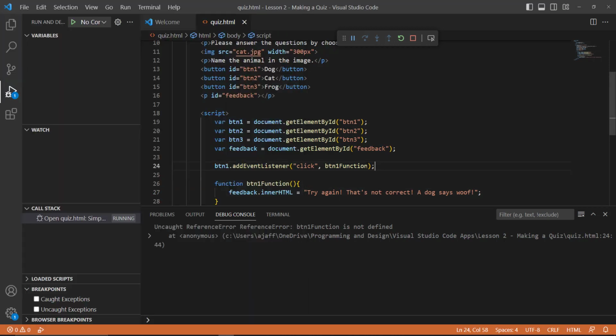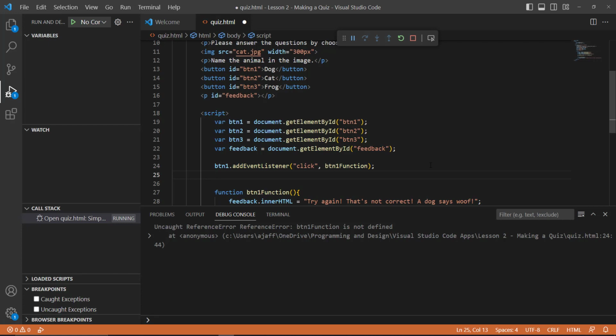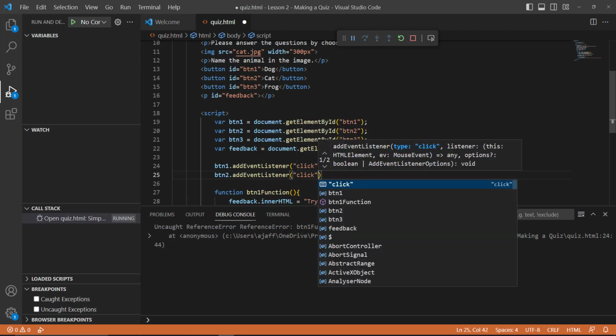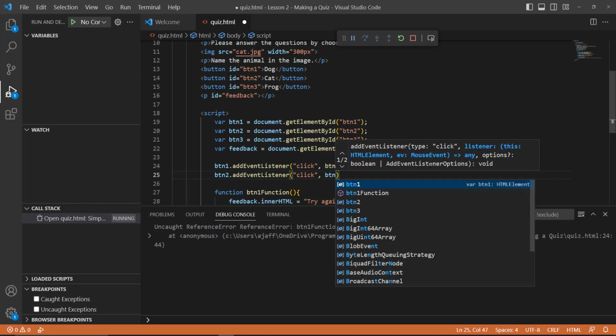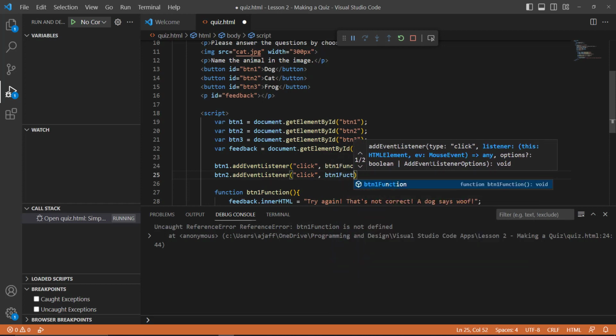I'm going to add the other 2 event listeners right underneath the first event listener to keep them all organized. btn2.addEventListener, parentheses, quote, click. That's the event it's listening for. And the function, we're going to keep the same naming convention, btn1, capital F function, camel casing it, btn2 function,